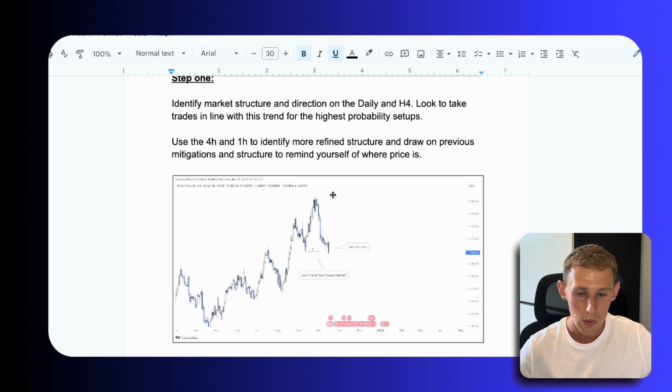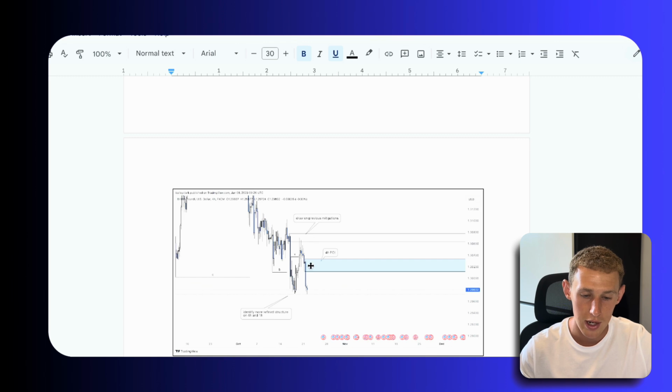So once we've identified daily and 4 hour direction, essentially we're just looking to take trades in line with this overall trend for the highest probability setups only. I focus on taking only high quality setups and just focusing on that quality aspect rather than quantity. After we've done this, we're then using the 4 hour and 1 hour just to identify more refined structure and draw on previous mitigations. What I essentially mean by this, right, is if we look at this picture here,